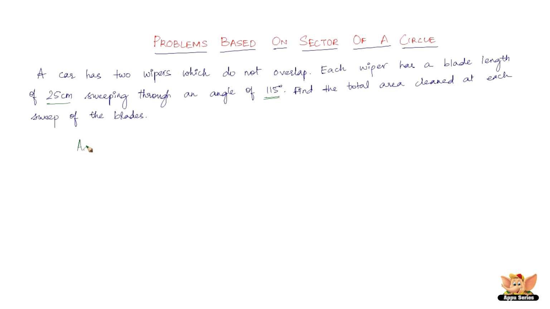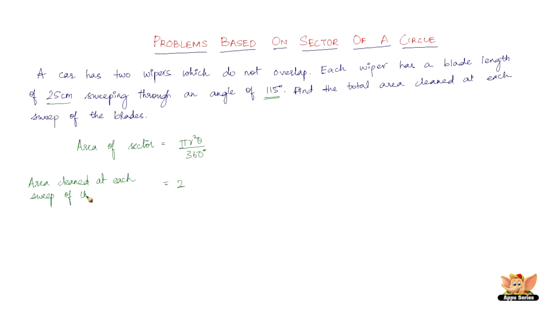So the area of the sector is given by pi r squared theta over 360 degrees. But in this case, we've got two wipers, the same data. So it should be 2 times the area of this, right? So the area cleaned at each sweep of the blades is, let me write here,